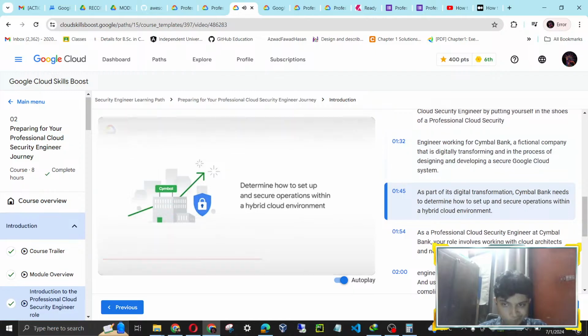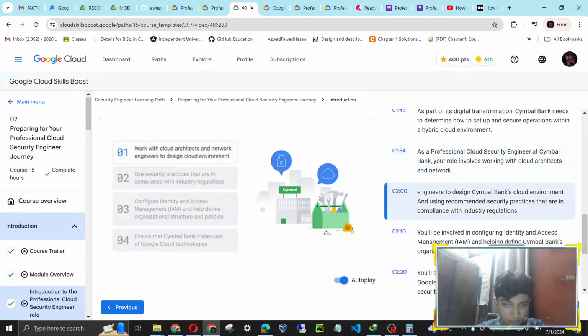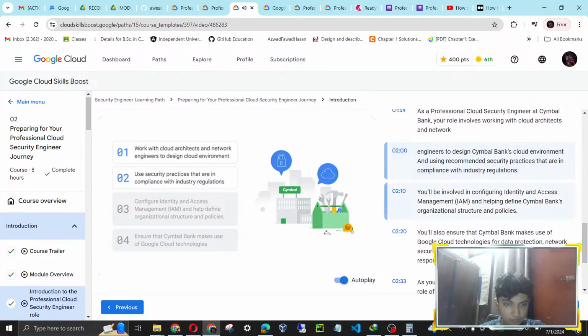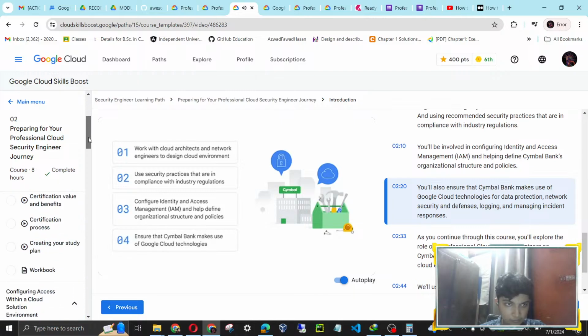As part of its digital transformation, Simple Bank needs to determine how to set up and secure operations within a hybrid cloud environment. As a professional cloud security engineer at Simple Bank, your role involves working with cloud architects and network engineers to design Simple Bank's cloud environment using recommended security practices that are in compliance with industry regulations. You'll be involved in configuring identity and access management, IAM, and helping define Simple Bank's organizational structure and policies. You'll also ensure that Simple Bank makes use of Google Cloud technologies for data protection, network security and defenses, logging,